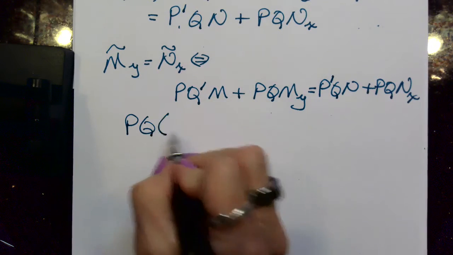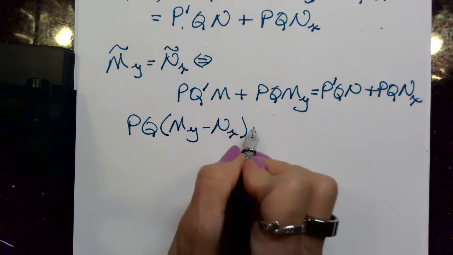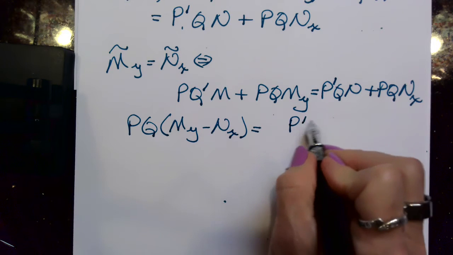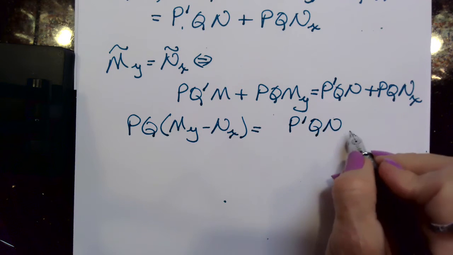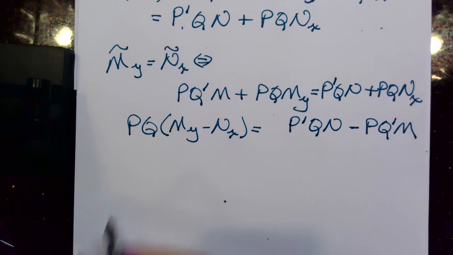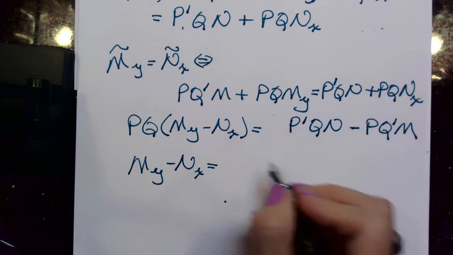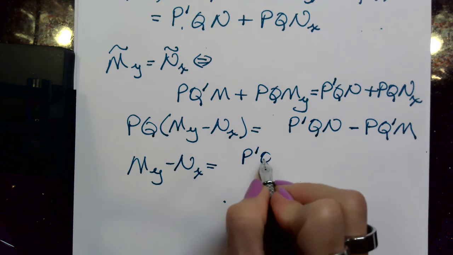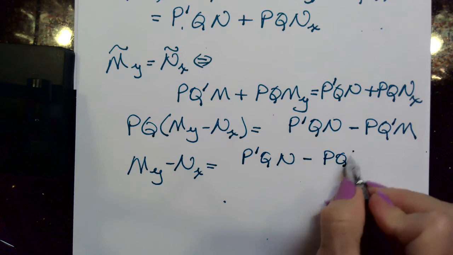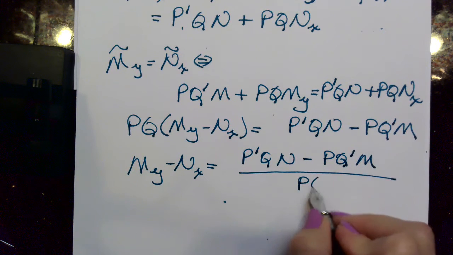So I get pq times m sub y minus n sub x, and that will be equal to p prime q n minus p q prime m. And so m sub y minus n sub x is equal to p prime q n minus p q prime m divided by p q,